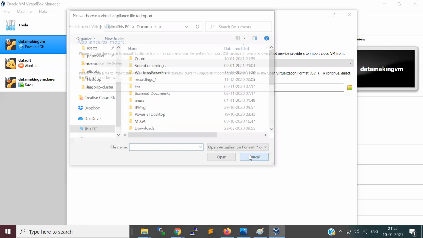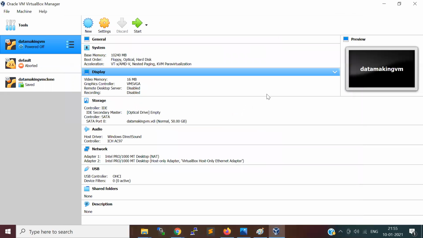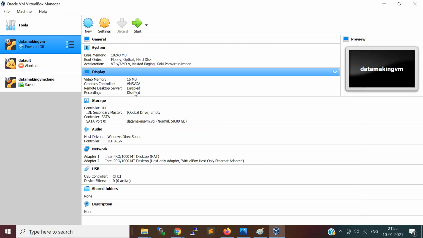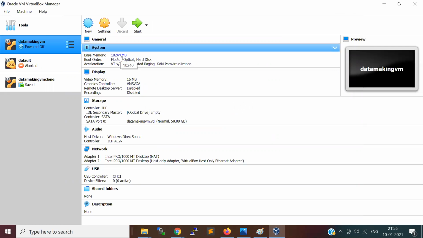Once you open it, you just say import, and give settings based on your system configuration. If you see here, I set the RAM for this virtual machine to 10 GB. My host machine, this laptop, has 16 GB of RAM, so I allocated 10 GB.